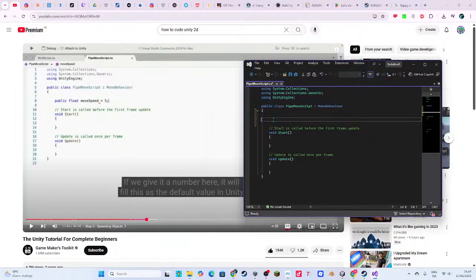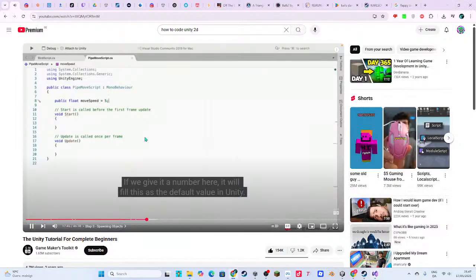I'll just do public float moveSpeed 5. Here it will fill this as the default value in Unity, but we can always change it there later. Then we'll write code to move the object in update.